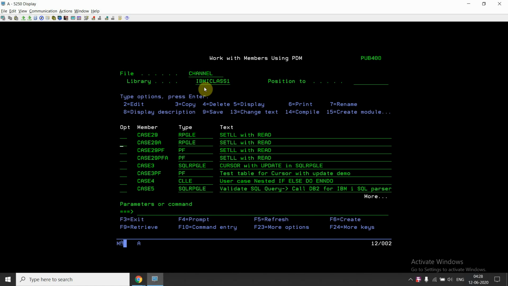In case of a keyed PF, where there is a key, we can either use *LOVAL with setll, so that we set the lower limit on the first key value of the key fields, or we can directly use the key field values. Then we are able to read from any point on that key value and the next key values, right? So this is the concept of setll and read.